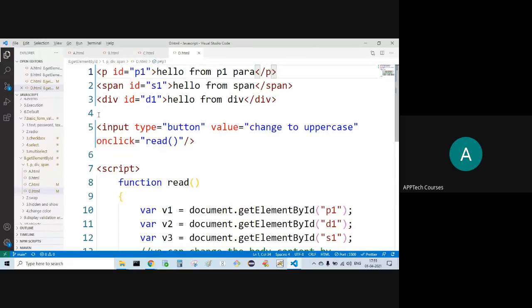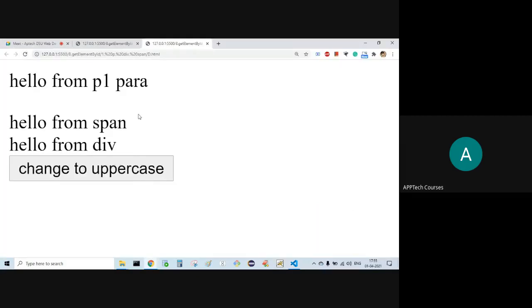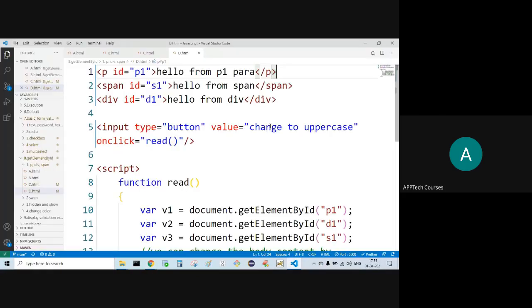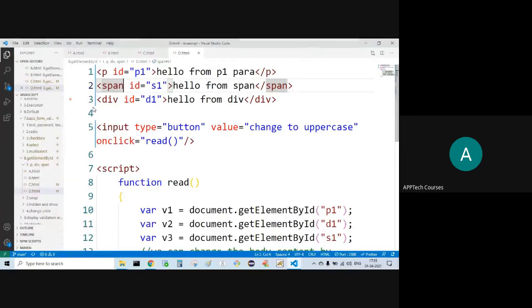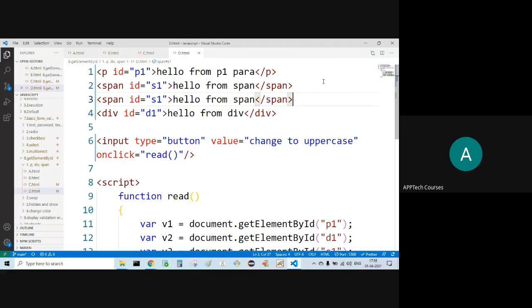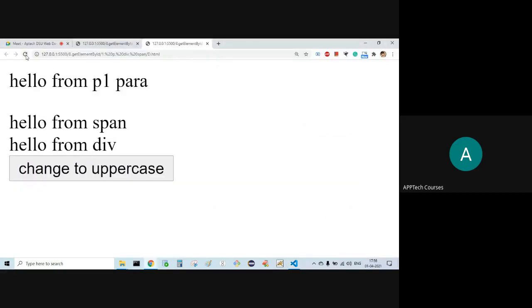First page is coming. Look, from P1 para, then span. Let's say here also span. Same line.